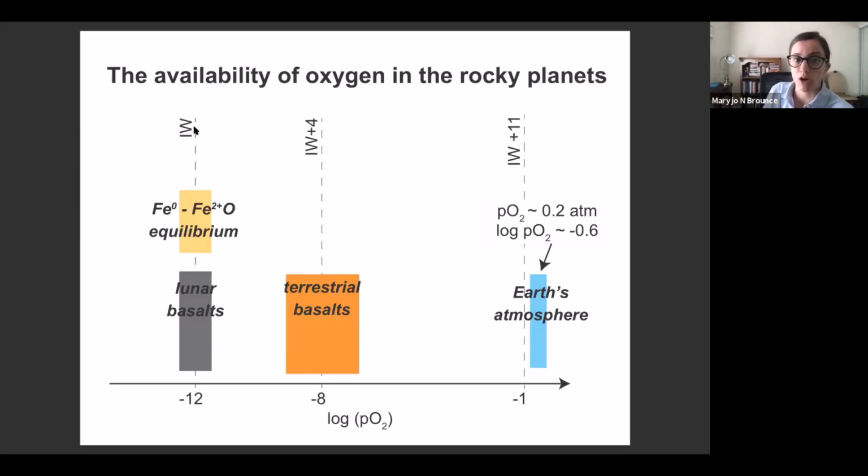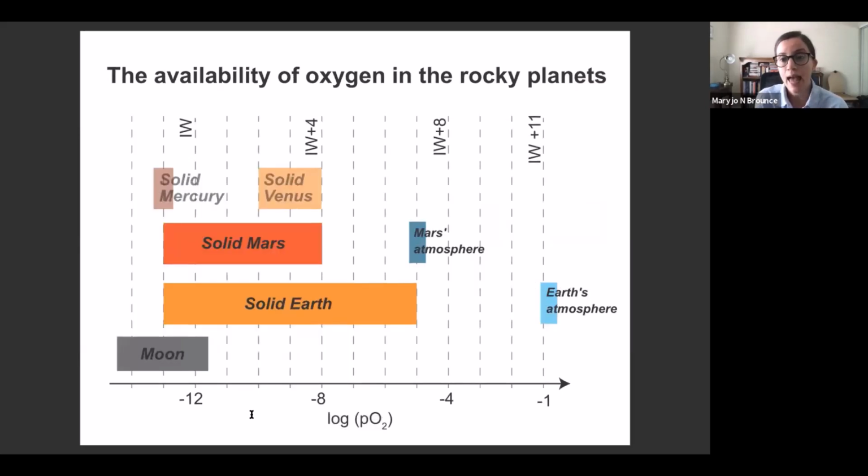It's important, when I'm talking about these values as we move forward in today's talk, to always remember that this is a log scale, and so differences are going to be at the order of magnitude. Okay, so if we look at how the availability of oxygen varies in the inner solar system, this is the view that we get. We see that the solid Earth spans this enormous range in the availability of oxygen, and that it has this kind of remarkable parameter, an atmospheric Earth's surface that has this very high